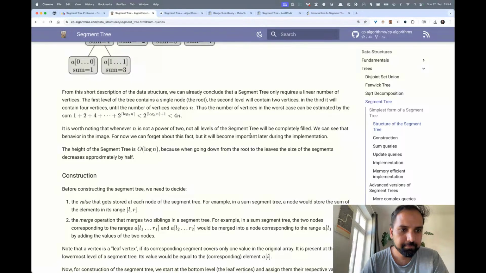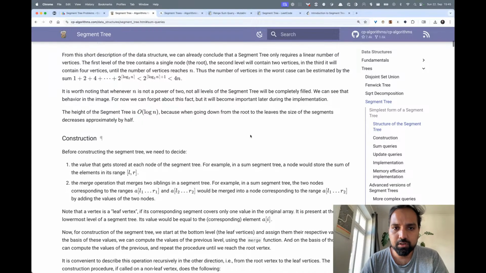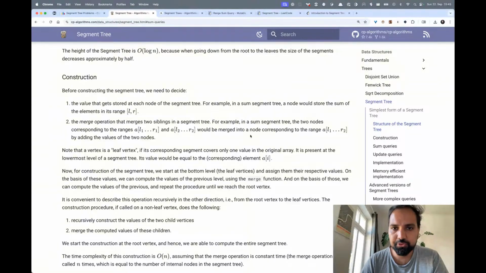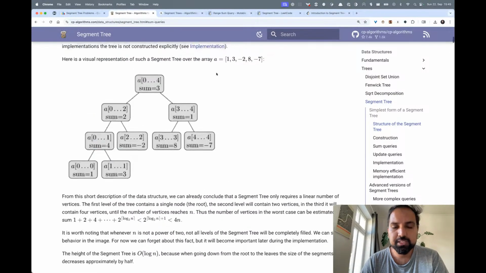Okay, what else? So we've gone through the height, we've gone through the space complexity. Okay, we were trying to figure out how do we construct the segment tree, and the idea was to go from bottom to top. So the value gets stored. Yeah. And of course this makes it slightly easy intuitively to understand, because once you have the original elements